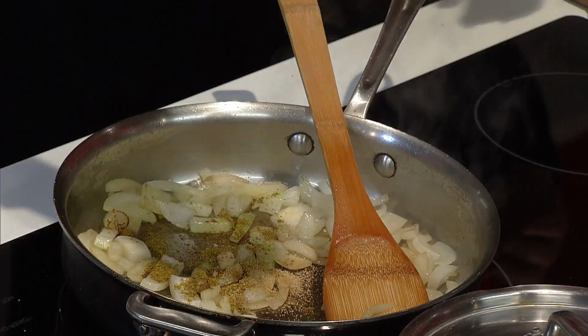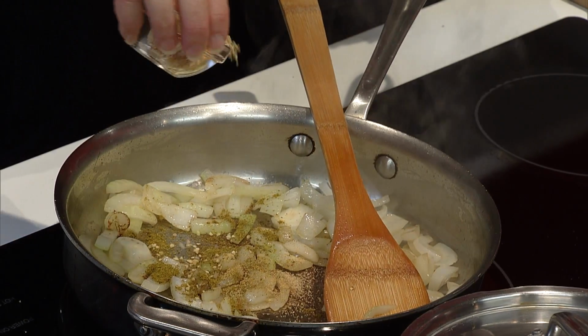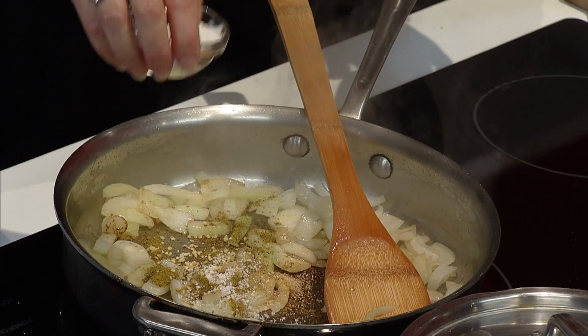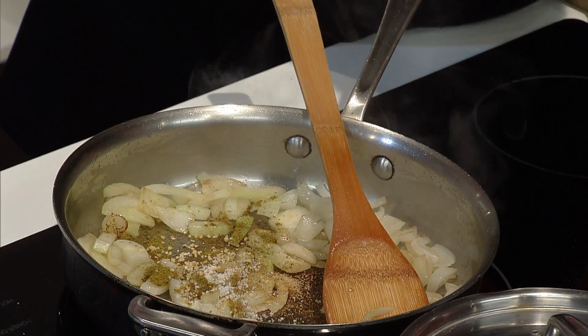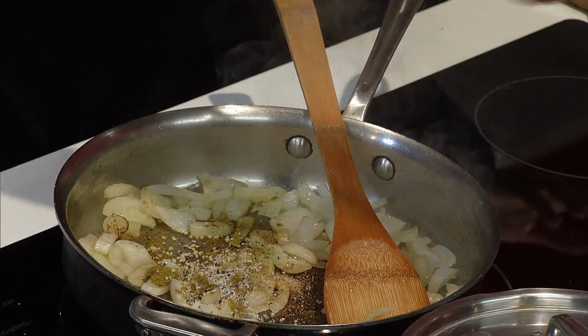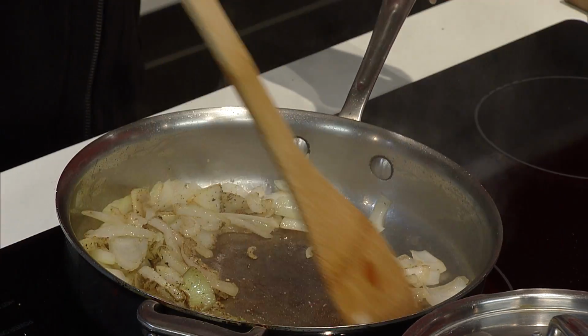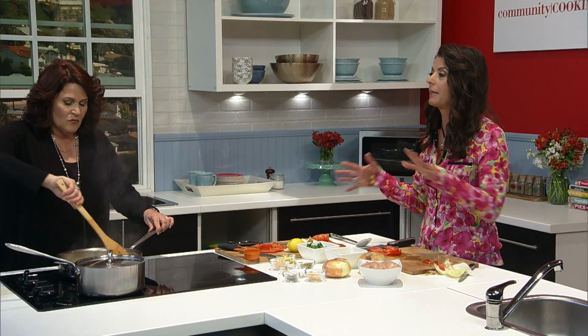I know you like it a little spicier, so we'll do a little bit of that, no problem. And then, by the way, if you ever make it too spicy, just liquidate it with a little bit more chicken broth. Okay. And then that'll cut it a little bit for you. That works. But see, also, as you're doing this, you can smell how fragrant this is getting. I always say we need smell-o-vision because...